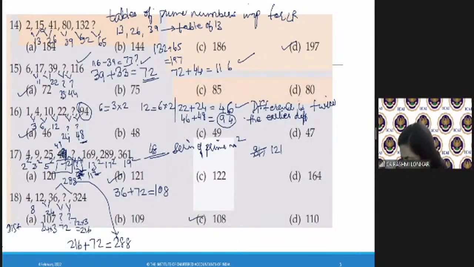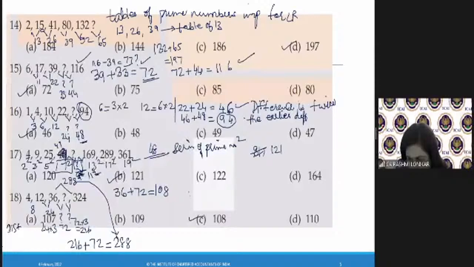Which question? Question number 18. For threes, yeah, that is also possible. Okay. Who has written this? Ritik, yes. Ritik, that is also possible. Ritik is saying